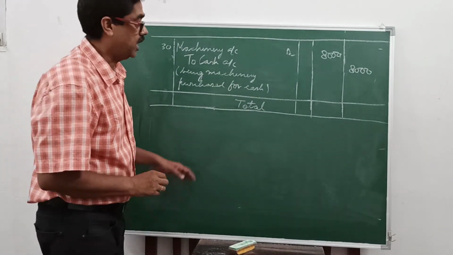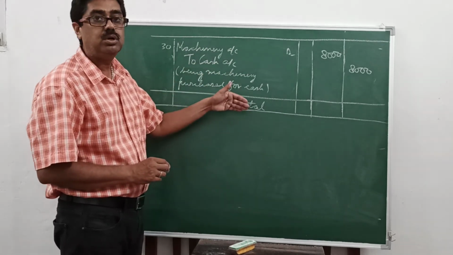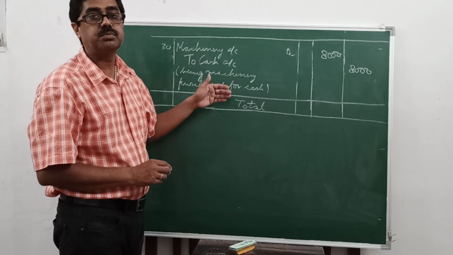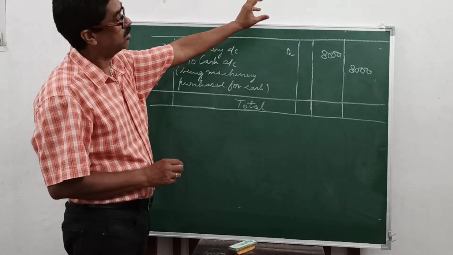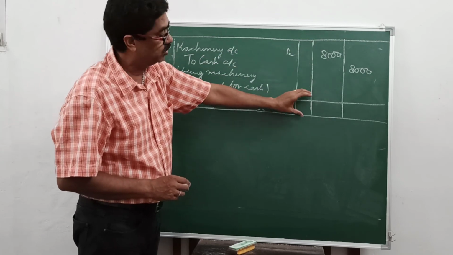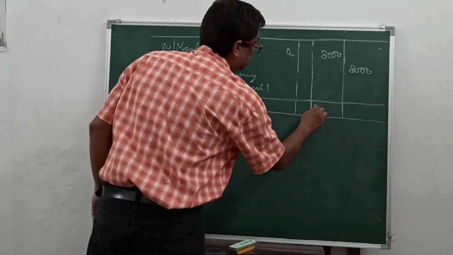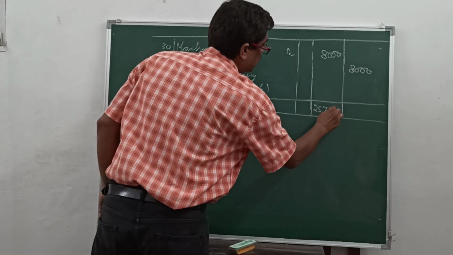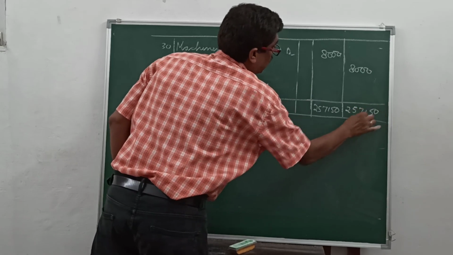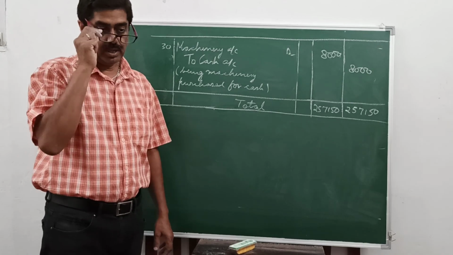So on the last page, whatever entries are there, 1 entry, 2 entry, 3 entry, you have to close it now to find the total of the journal at the end of this month, March. So the figure on top, the balance brought forward, plus all the figures of debit and credit will give you the grand total. As in the book, 2,57,150 should come. If this is not coming, then you must have written a wrong figure in some of the journal entries. That is all for today.